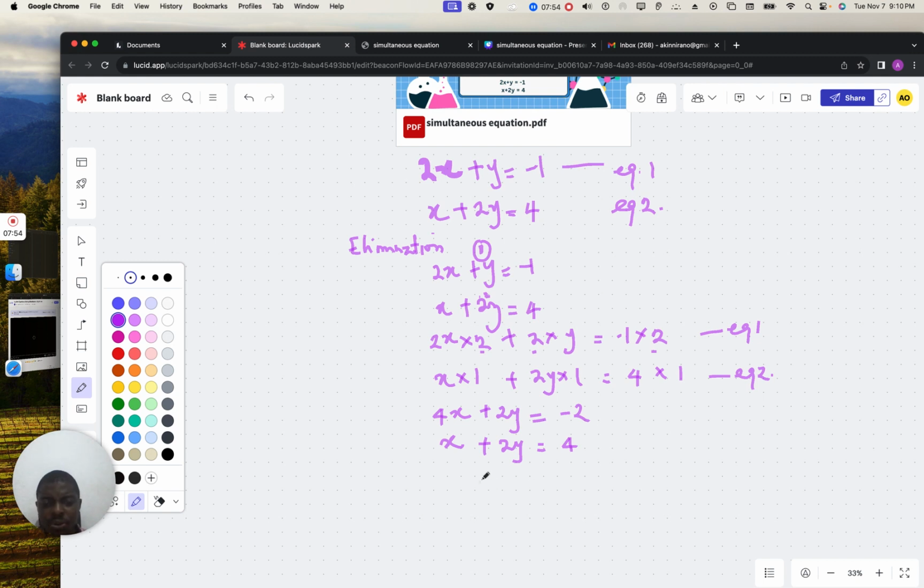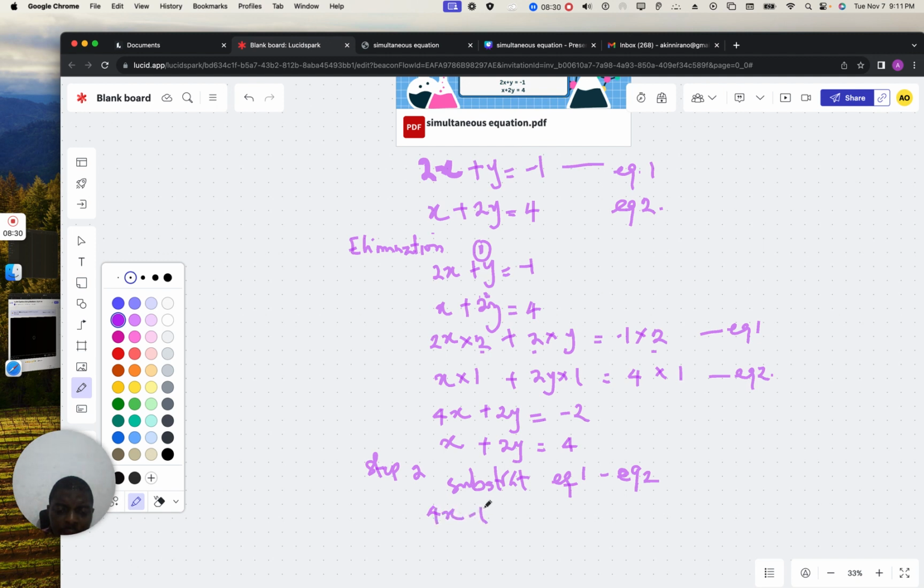Now let's go ahead. So what we are doing now, next step, is step 2, which will be to subtract equation 2 from equation 1. Equation 1 minus equation 2, which is now going to give us